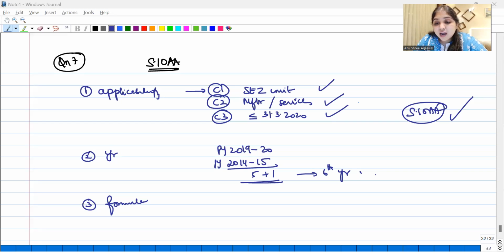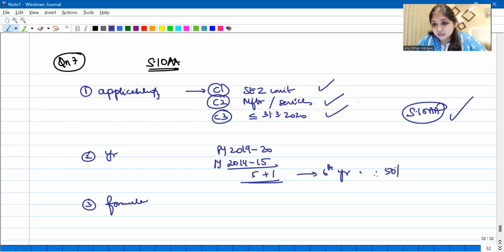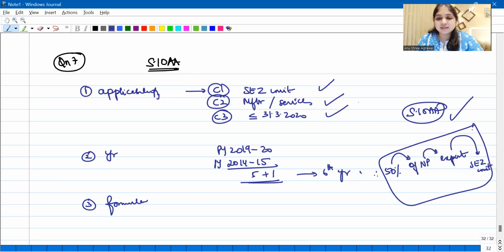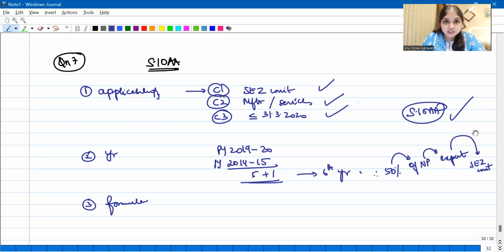So because you're in the 6th year, how much deduction will you get, guys? 50%, right? First 5 years, 100%. Next 5 years, 50%. Next 5 years, 50%, or the amount transferred to SEZ reinvestment reserve, whichever is lesser. So this is in the 6th year, you're going to get 50%. 50% of what? 50% of net profit. 50% of net profit from what? 50% of net profit from export. 50% of net profit from export of which unit? 50% of net profit of export from the SEZ unit. So this is the amount which you're going to get as a tax holiday, as a deduction under section 10AA.